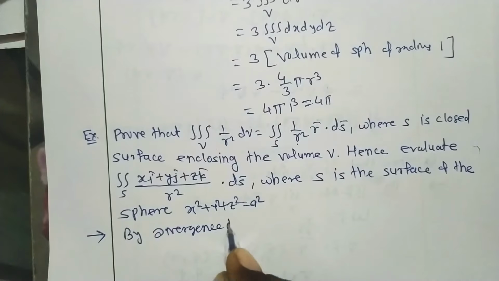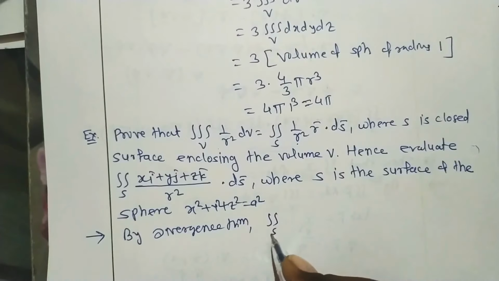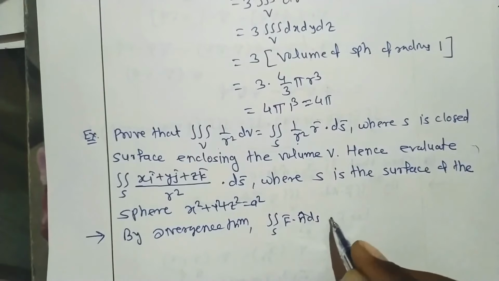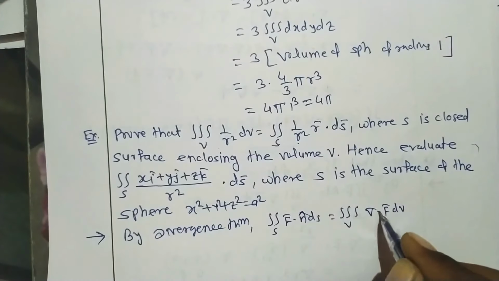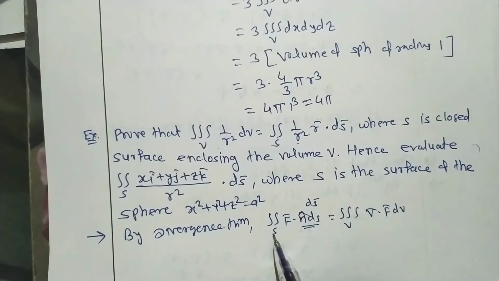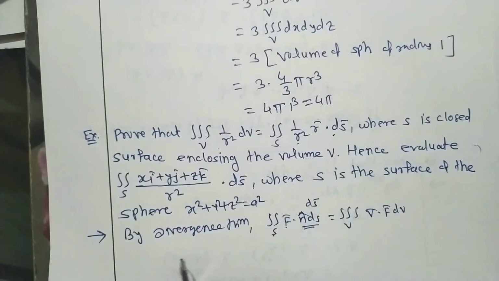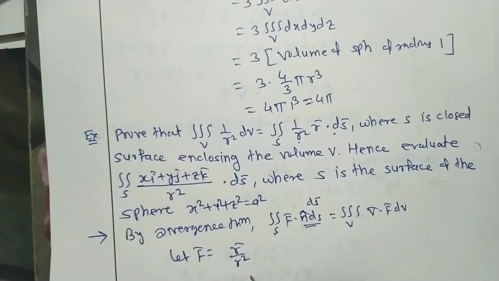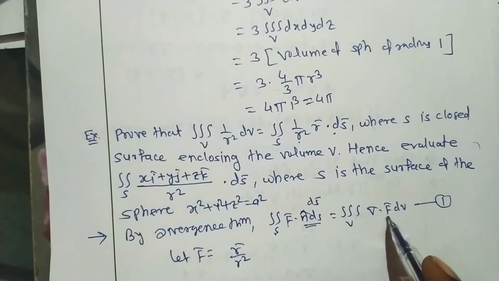So by Gauss divergence theorem. Why do we use Gauss divergence theorem here? Because it relates surface to volume. We know that the double integral over the surface S of f bar dot n cap dS, where n cap dS is dS bar, is equal to the triple integral over V of del dot f bar dV. So if we write n cap dS as dS bar, then the double integral over the surface S of f bar dot dS bar is this. So what is f bar here? Take f bar equal to r bar upon r square, and for this result, suppose this is equation 1. In the statement we have to put the value of del dot f bar.